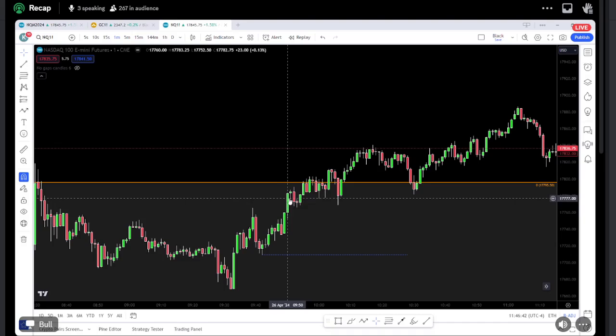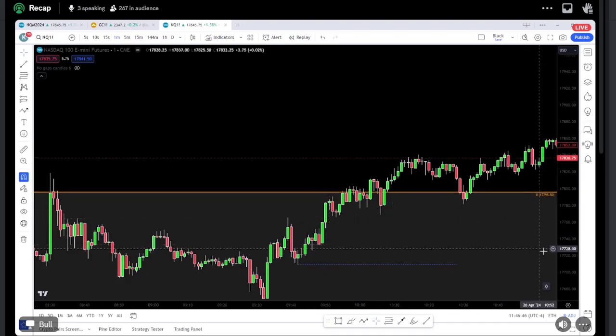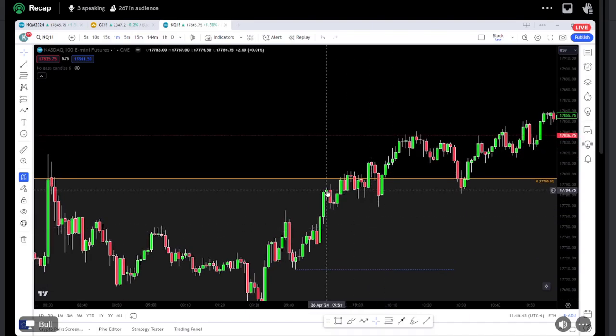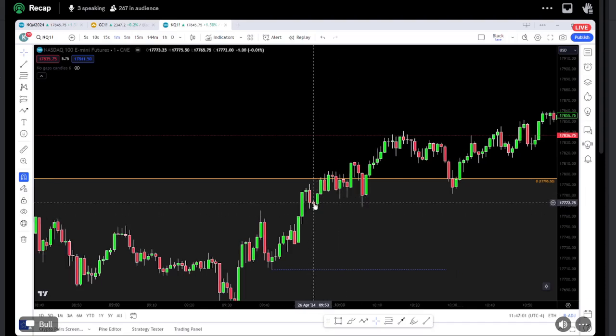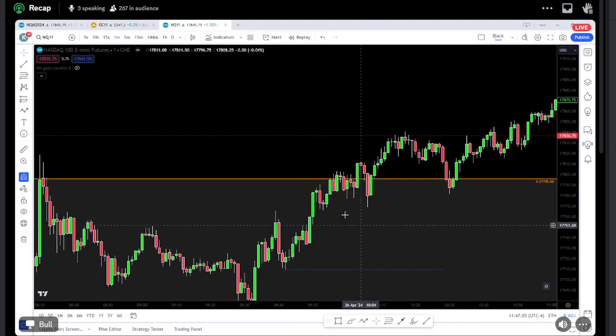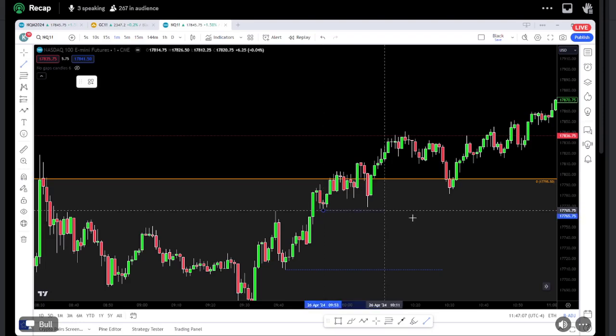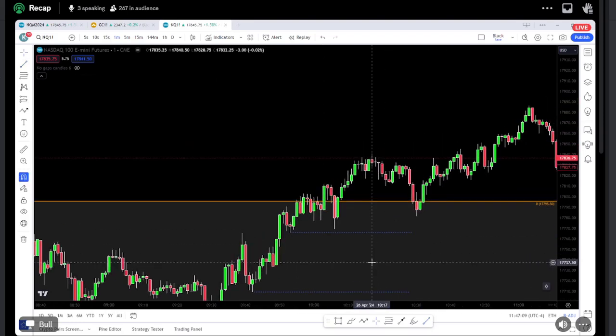We continue up. We've got our swings that are going on here, right? This high becomes valid here. This candle closes above here. This candle closes below this one, putting in this low. You could argue it's this one, which then becomes valid when we put a new high in, and we actually break structure here as well. So this becomes our next protected low, because we just broke structure to the upside.